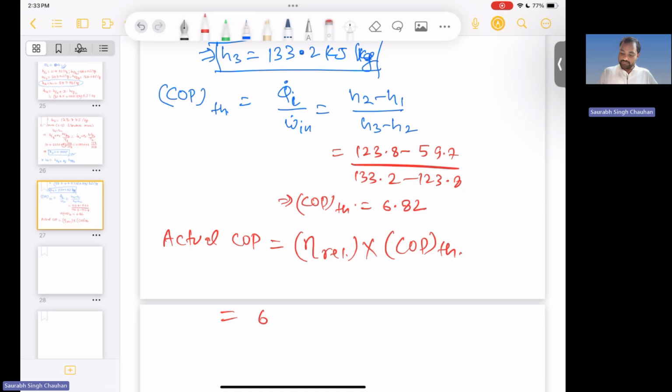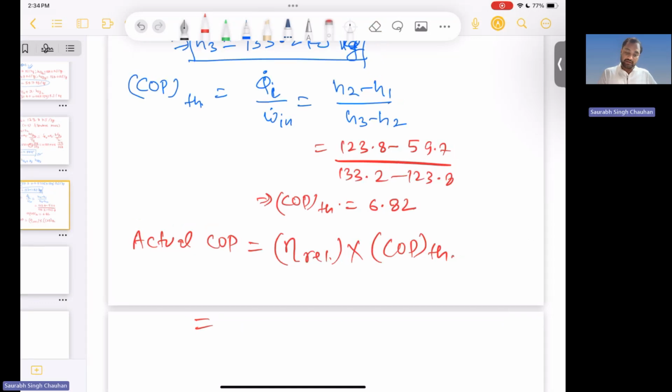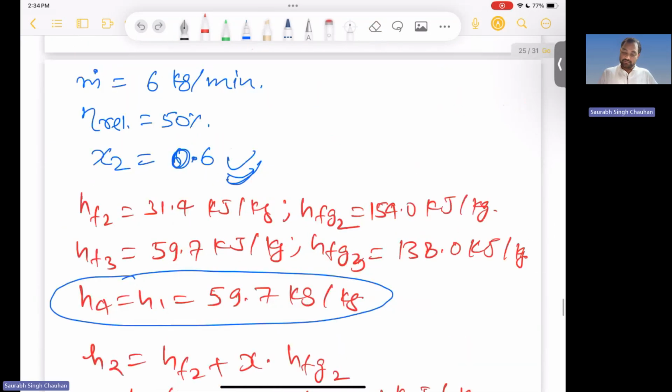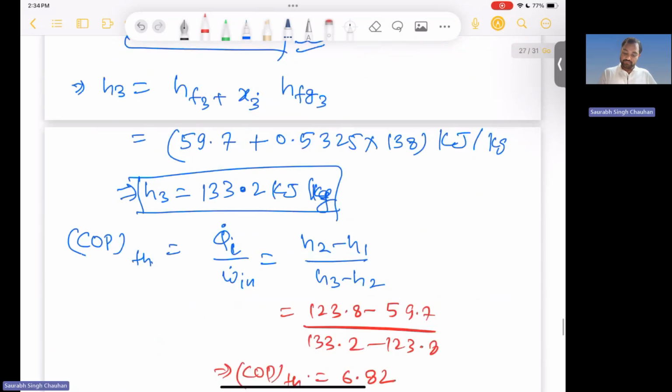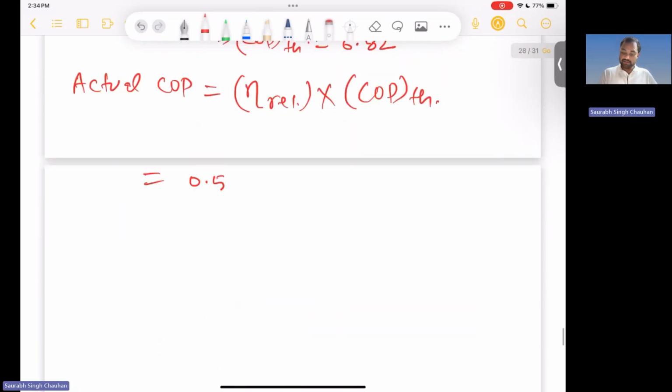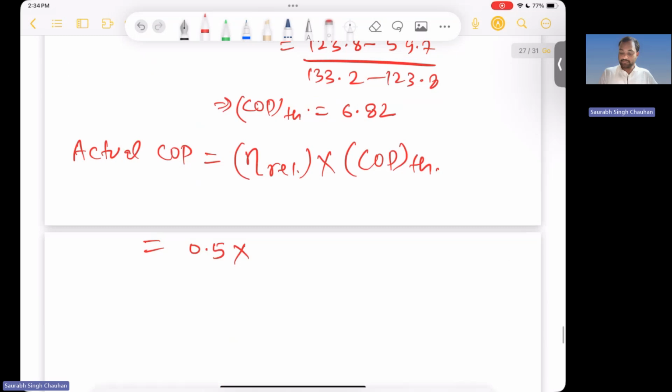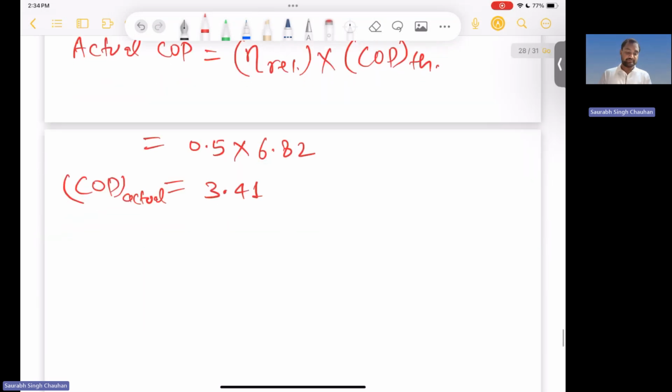The relative efficiency was 50%, so 0.5 multiplied by the theoretical value of COP, 6.82. If you calculate this value, you will get the actual value of COP, and it will come out to be 3.41. Okay,